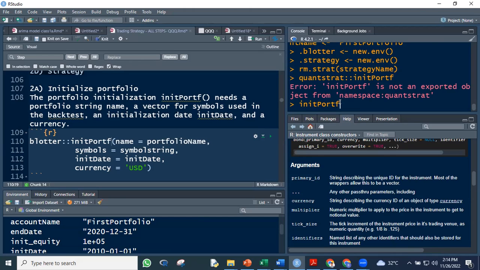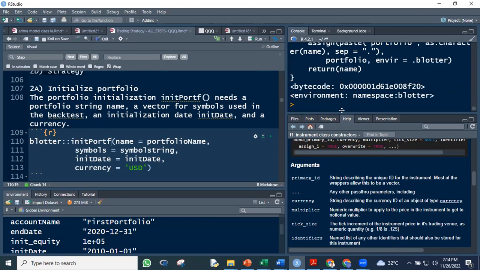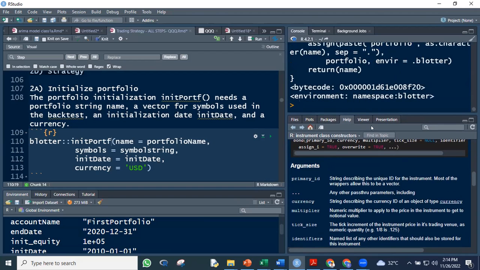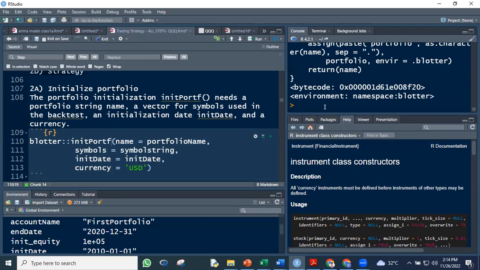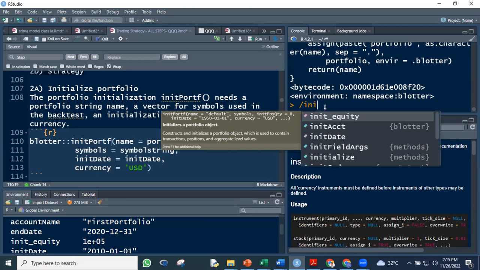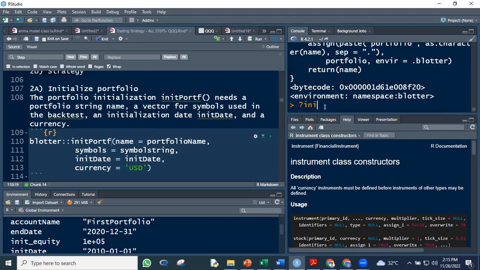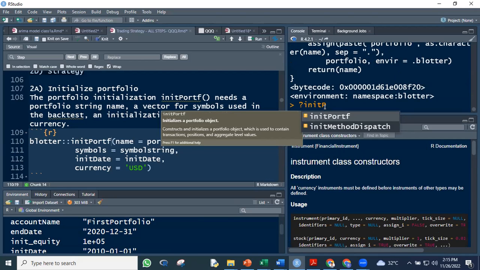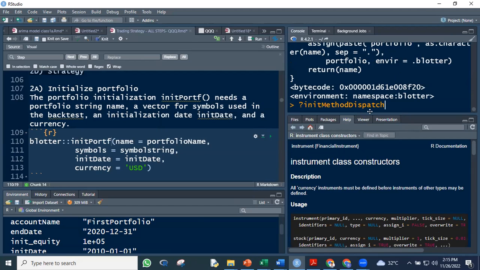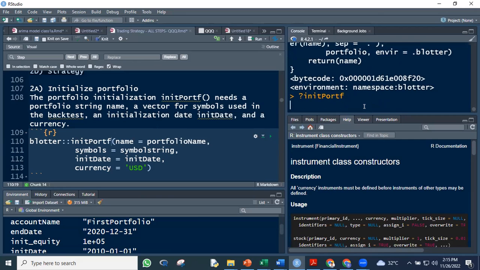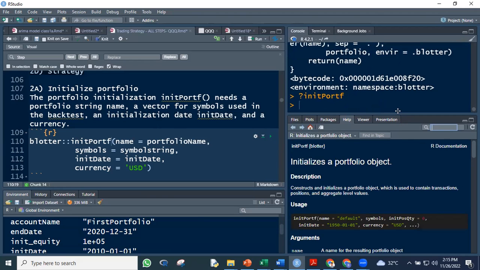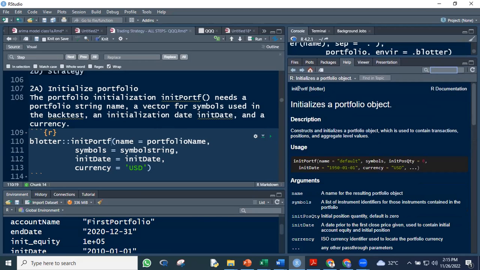Okay, tingnan natin yung syntax nito. Control Enter. Nag-run ba siya? Parang hindi. Init. Yan. Andun siya sa lahat. Enter yan. Initiate, yan. Okay, let's ask the help function. Yeah, no, initialize